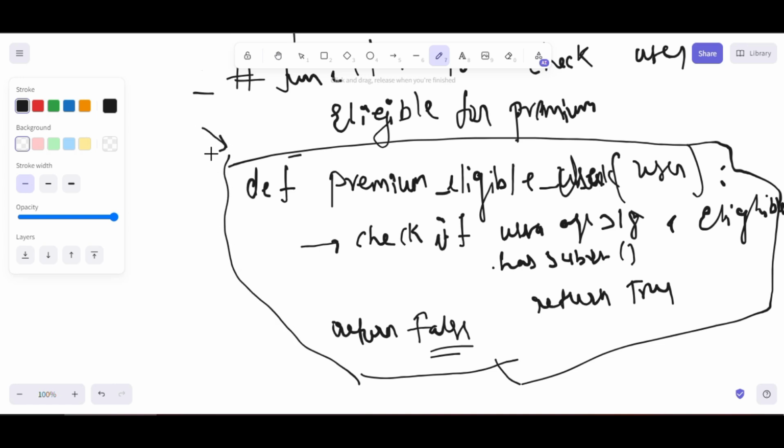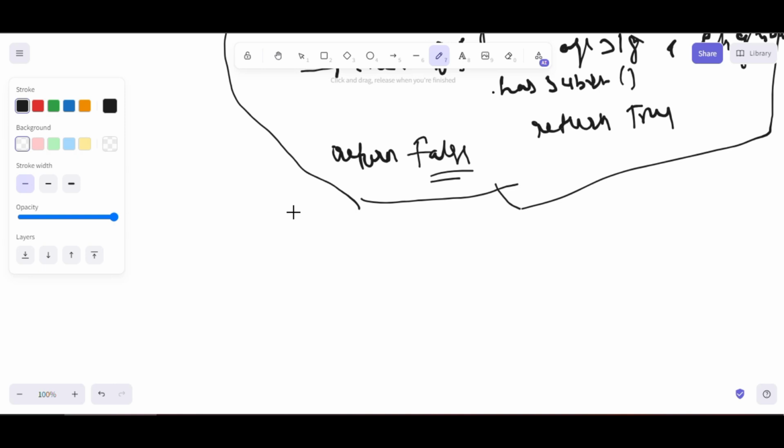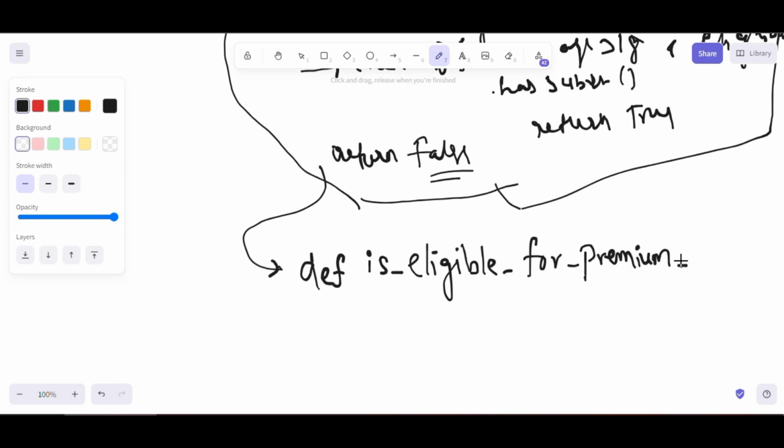So this is the way we cannot write. How can we refactor it? Number one, we have to design a function in such a way that everyone understands. Suppose I want to refactor this function, writing in Python. I use the def keyword, then is_eligible_for_premium_services.